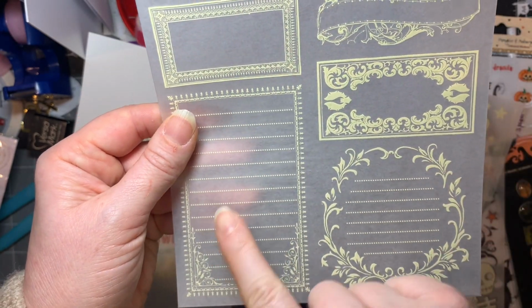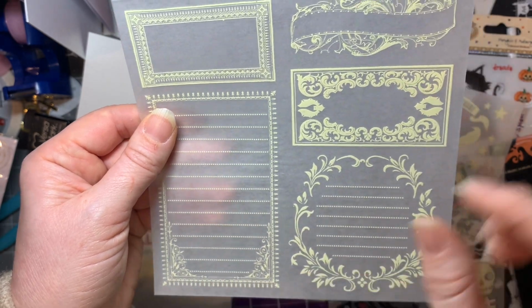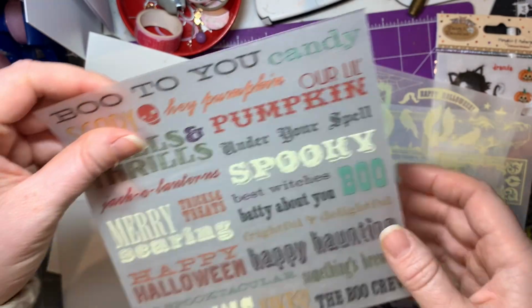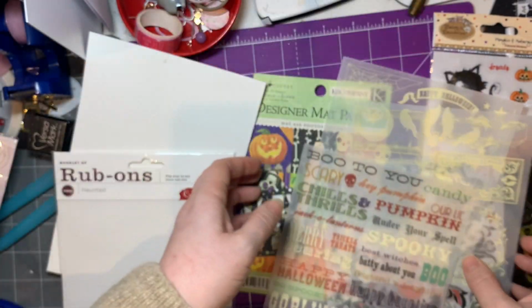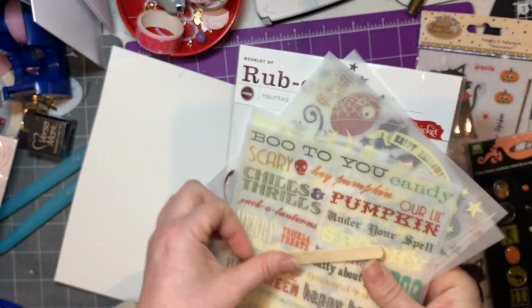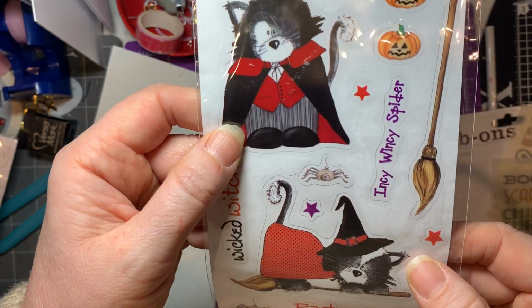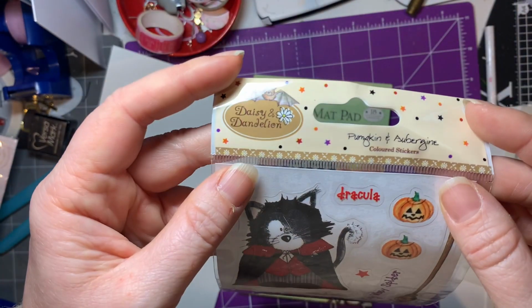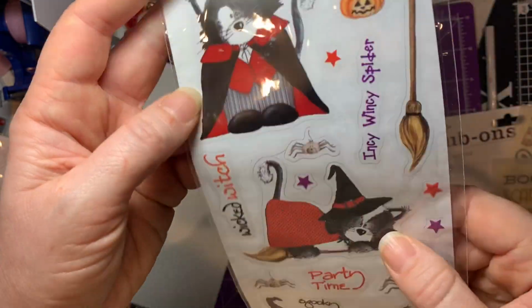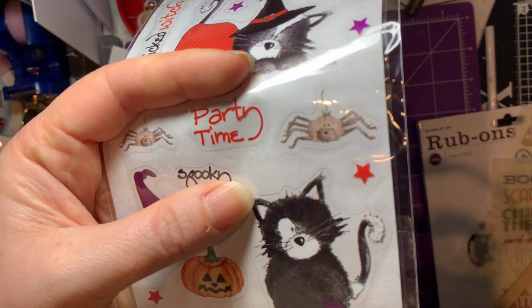Look at that. That would be really cool, rubbed on, and then using it as a journaling piece for when I do scrapbooking. Yeah, really like those. And these are cool as well. So, fingers crossed that they still work. These are cute. I had to show you these because there's something really random about it. That's Daisy and Dandelion. I had some stamps from them last time I bought from this seller. But look, the cats are cute. Love the cats. What is going on with the